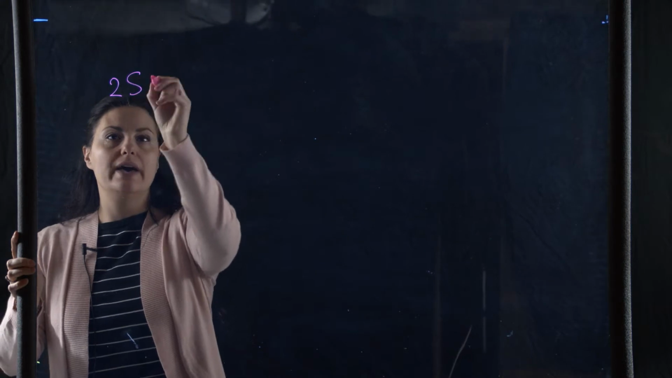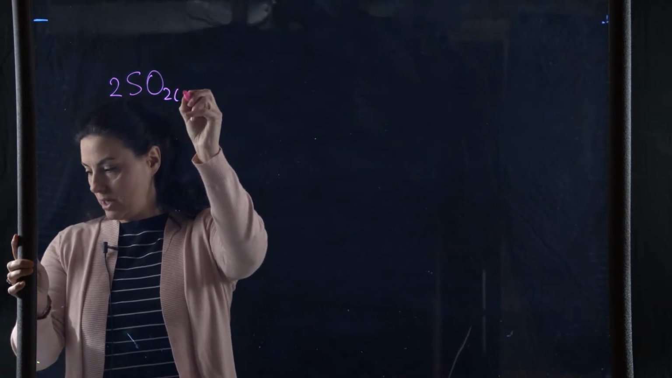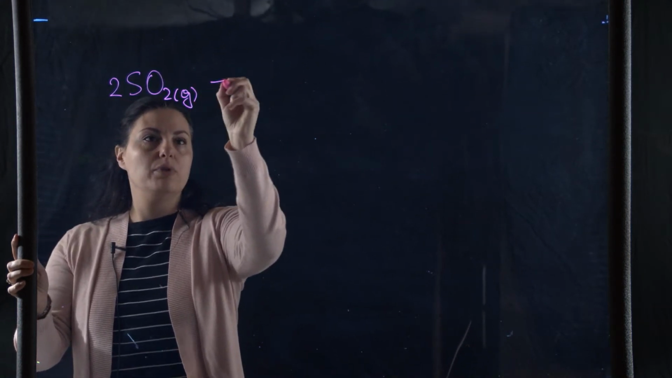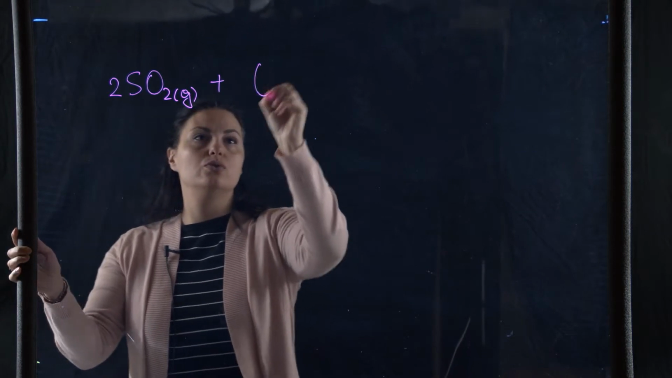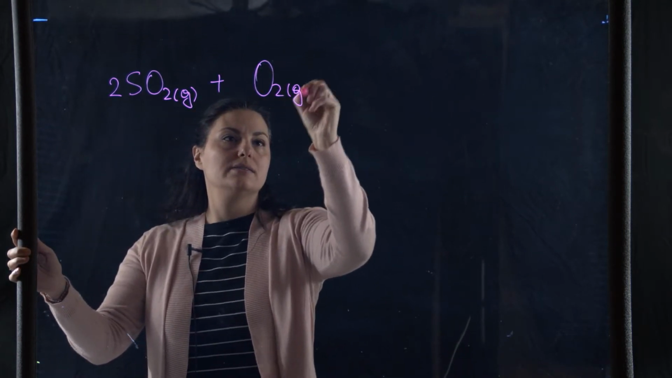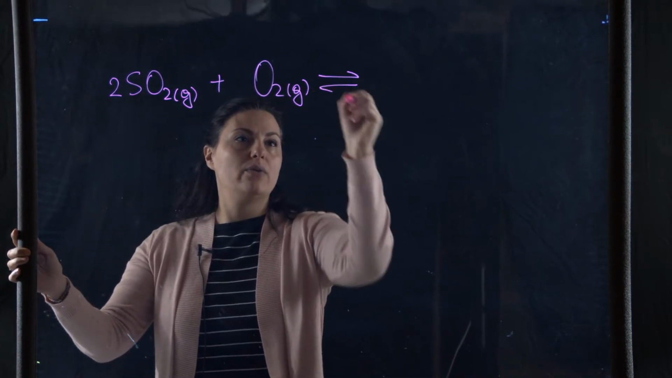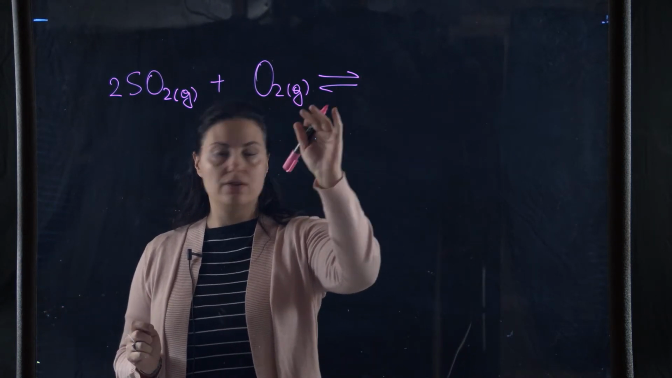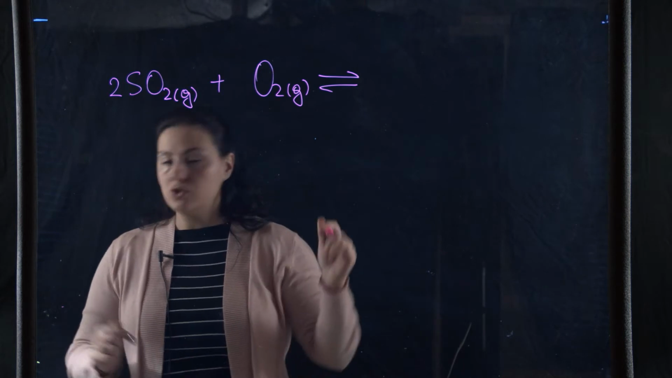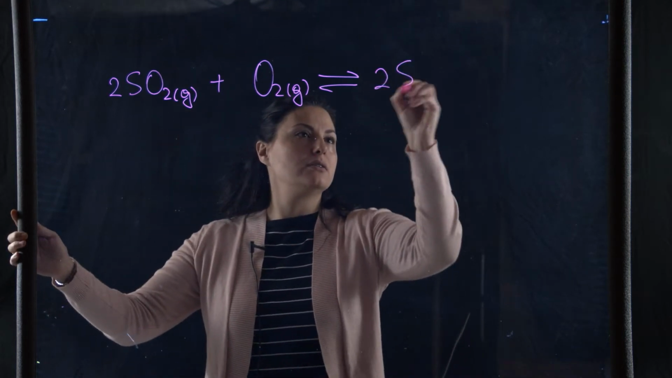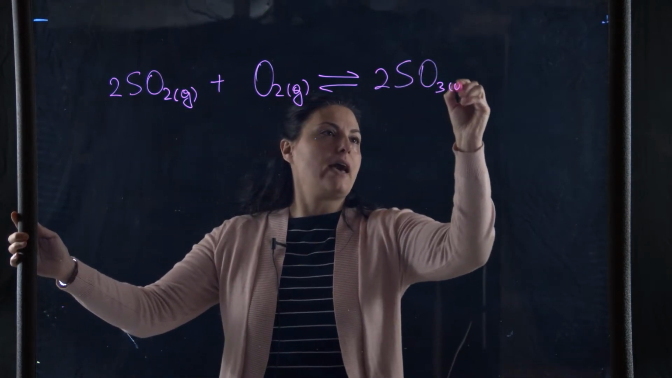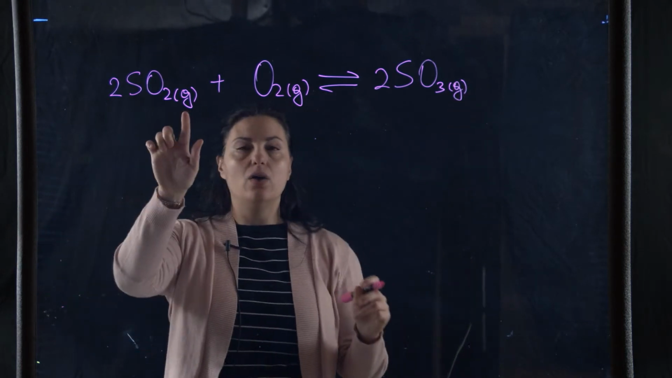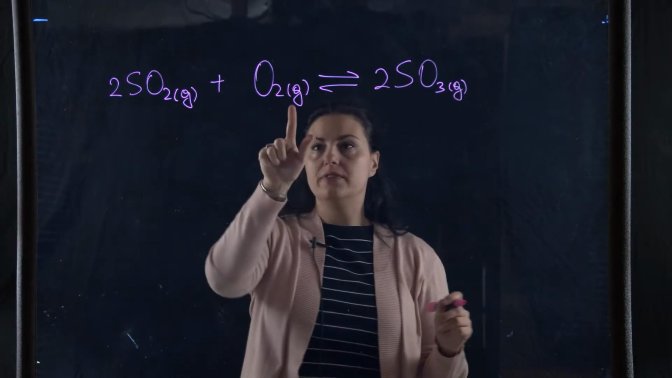We have 2SO2 gas plus O2 gas. And now we have a double arrow denoting both the forward and the reverse reactions. 2SO3 gas. Now the phase,